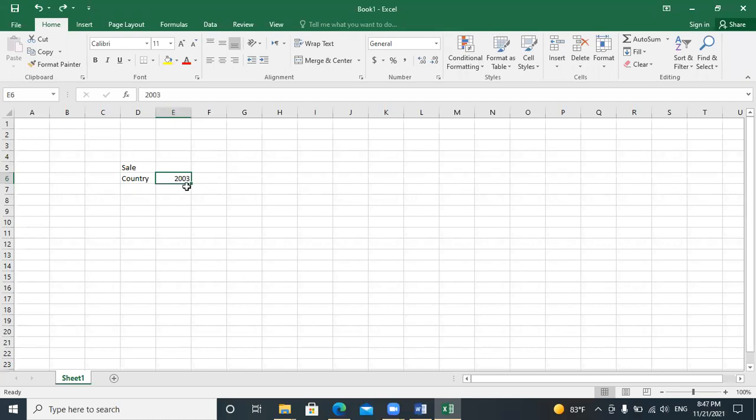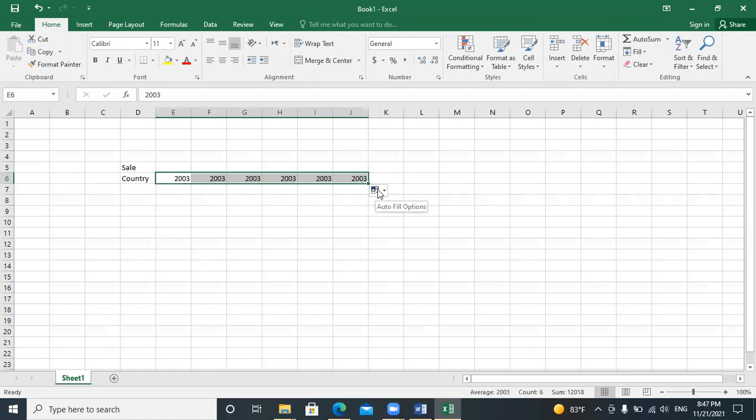Here I have typed 2003. If I hold it with the mouse and drag it from this point, it will come automatically: 2003, 4, 5, 6, and 7.